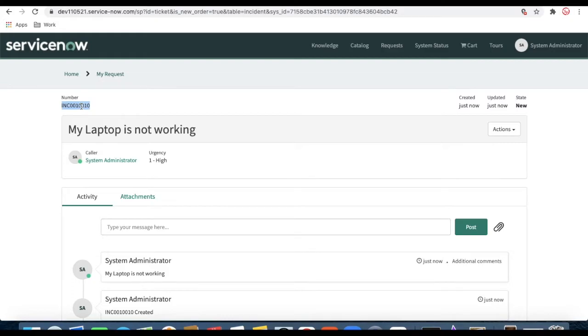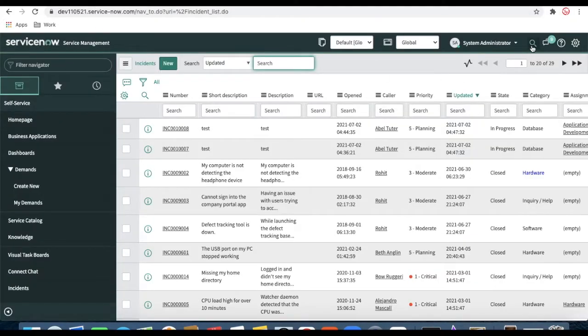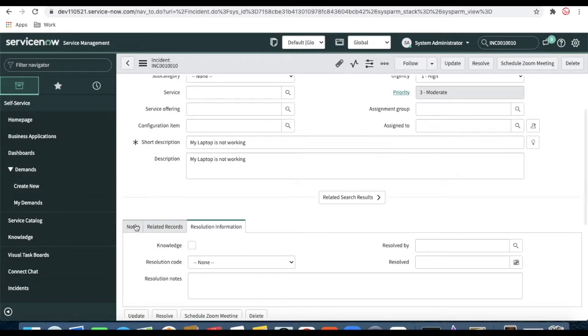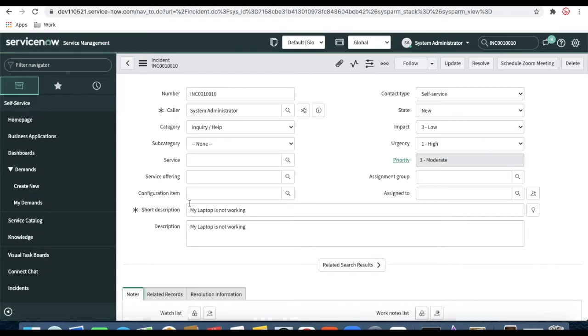Okay, so let's copy this incident and open it in the native instance. If you see this in the out of the box module, the caller is set to my name because I have raised the request. Short description and description are both copied over from whatever I put in the form. And if you see the contact type, it says self service. It means that I have not created the incident by email, phone, or the virtual agent. It's created by myself from the form. Okay, so let's go back to the incident module and see how it looks.